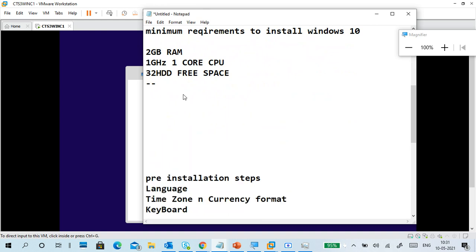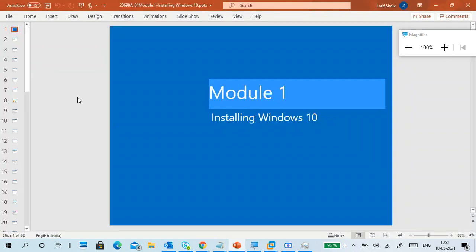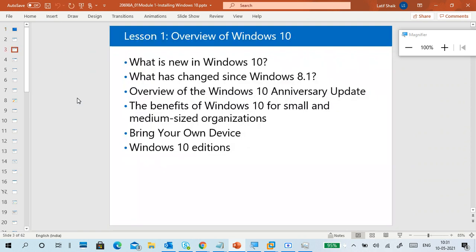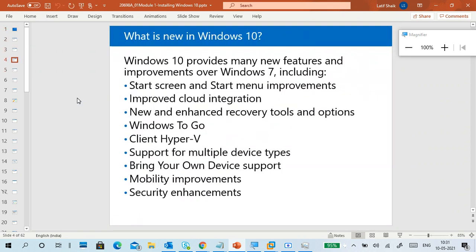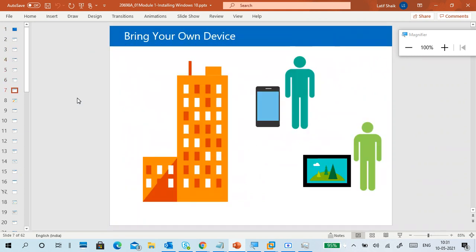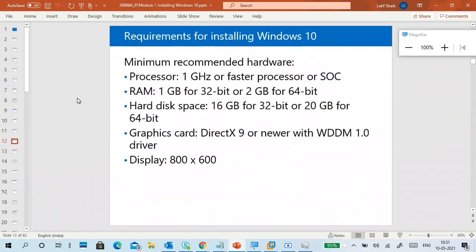We have to discuss the minimum requirements, so we'll see that one first. These are the features, and this is the minimum requirements to install Windows 10.